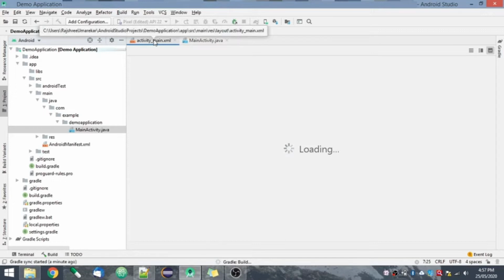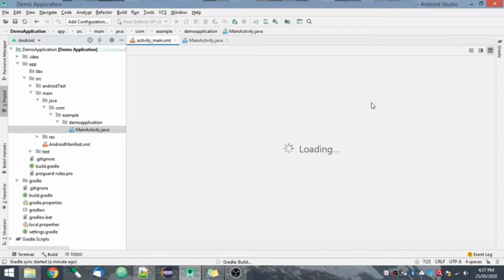Okay, so what we have in this file, I'll just show you. It just basically has the attributes of your view that you have added in your layout, and you can edit it as you want.